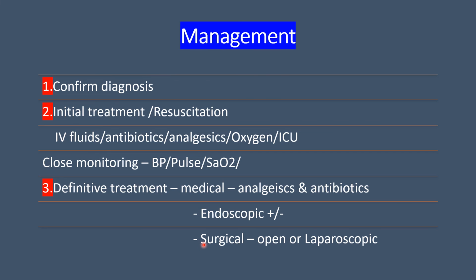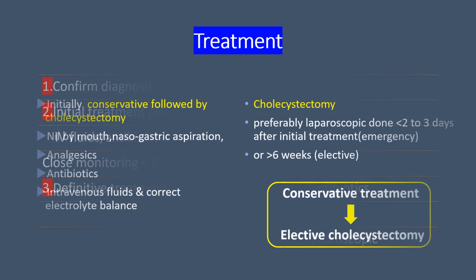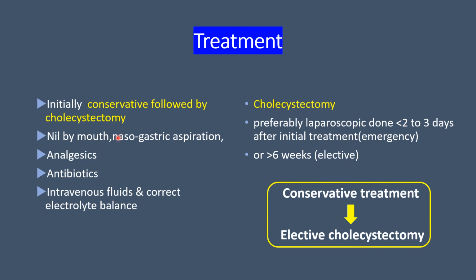These patients need surgery. They need cholecystectomy, which can be either open or laparoscopic. Here is a summary of the treatment: initially conservative, followed by cholecystectomy. These are all the conservative treatment. Cholecystectomy is preferably done within the first 2 days if necessary. If the patient shows signs of worsening or signs of infection or sepsis,